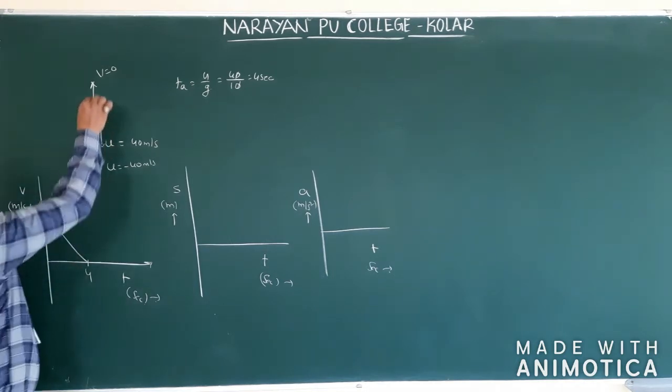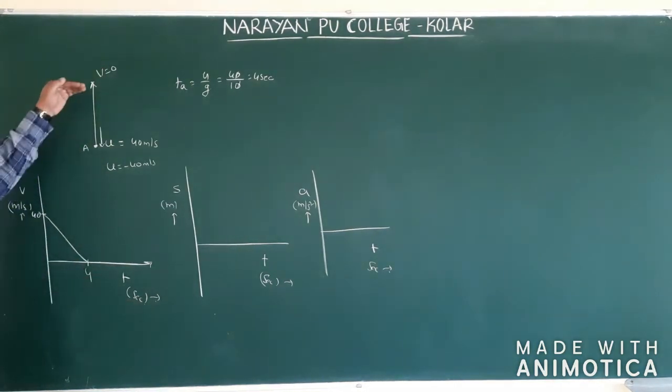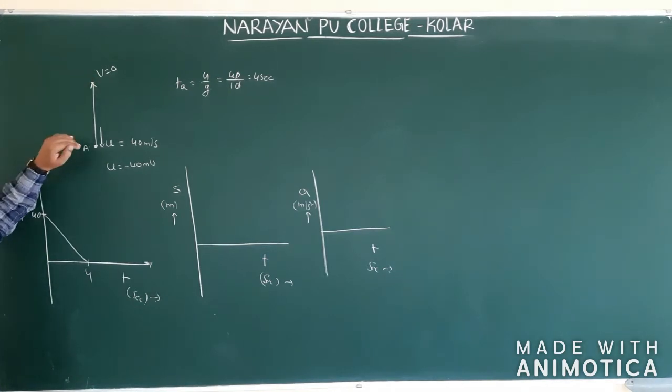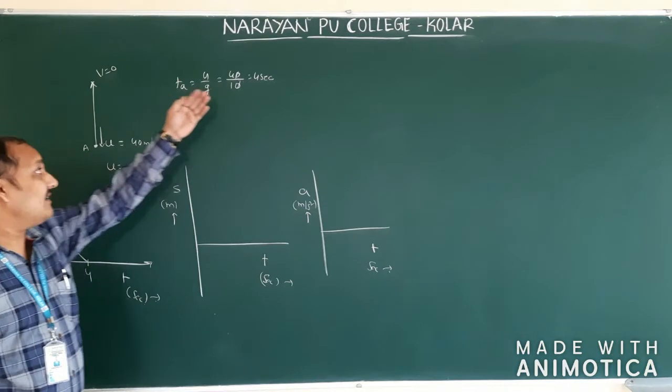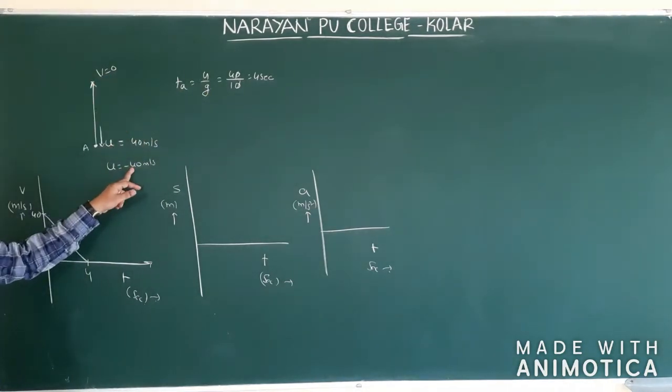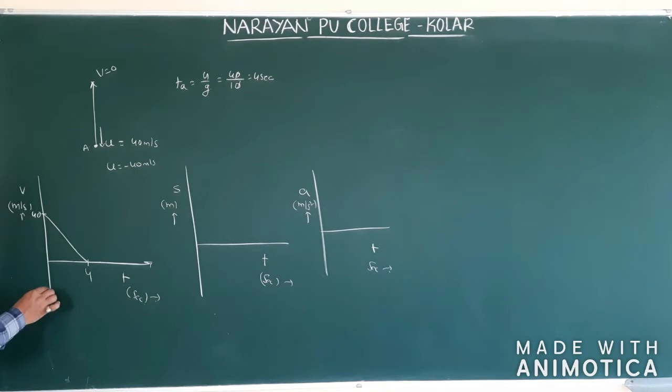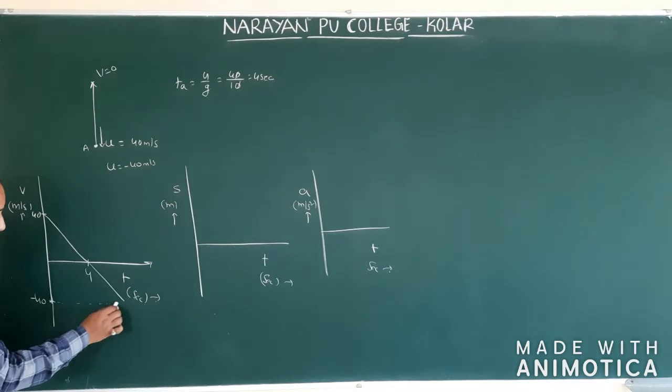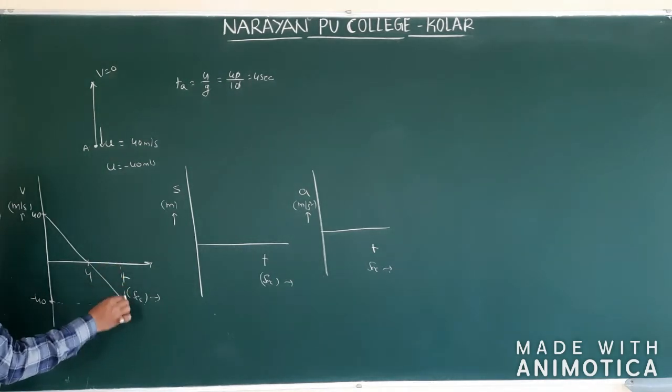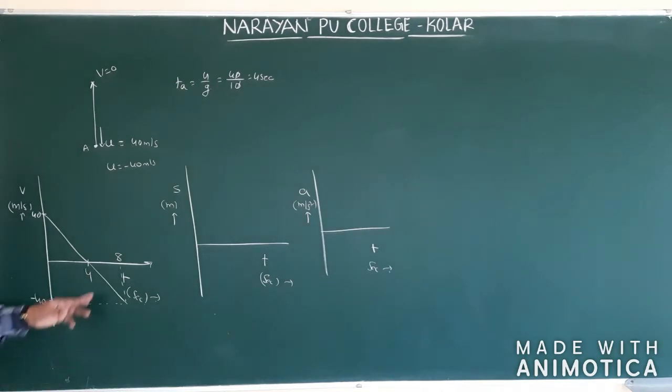Next, now the object is at maximum height. Now again it is coming downwards. How much time will it take to come downwards? The same amount of time. But whenever it is coming downwards, what is the final velocity? Minus 40. So this 40 will become minus 40. How much time is it taking? Here it should be 8. So within 8 seconds it is going to become minus 40. Why? Because the direction is downwards. This is the velocity time graph in the case of a vertically projected body.